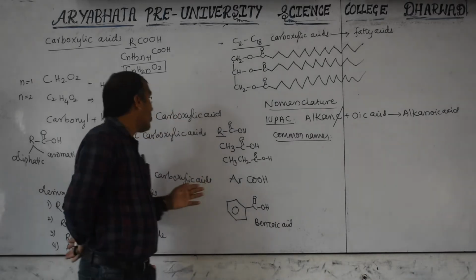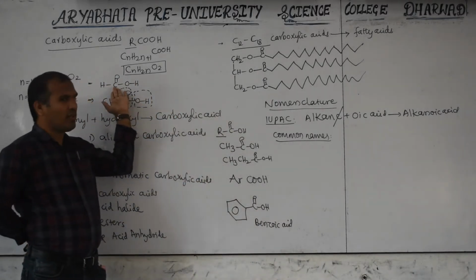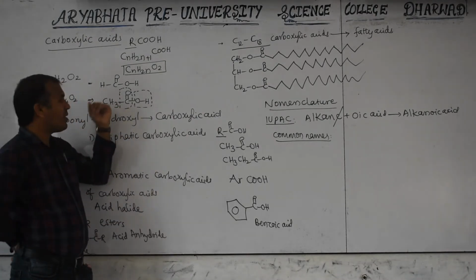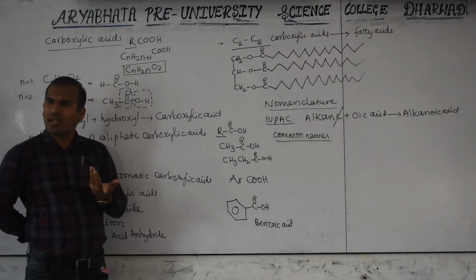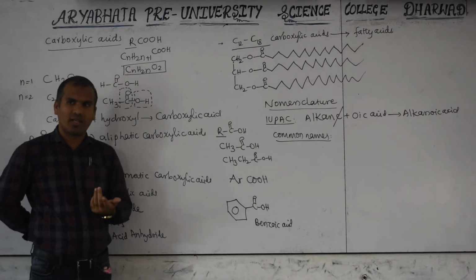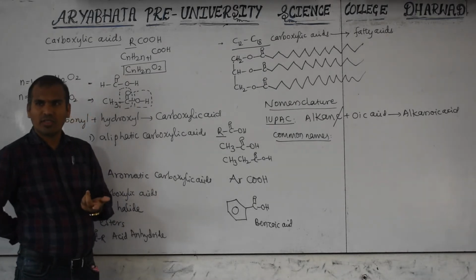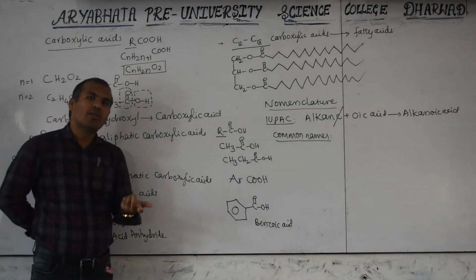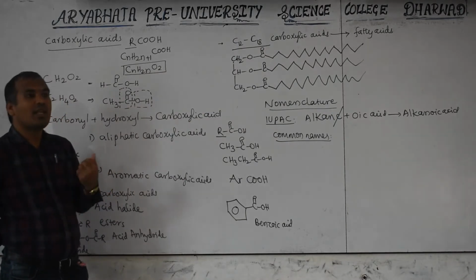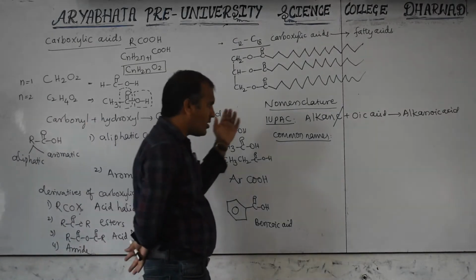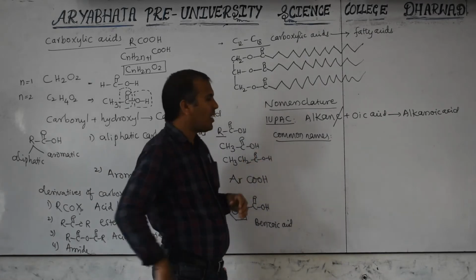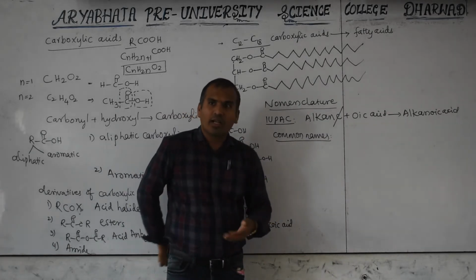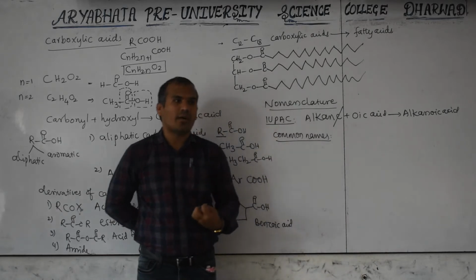In many cases, you know this is formic acid. Very rarely do we use its IUPAC name. What is the IUPAC name of formic acid? Methanoic acid. Very rarely used. From first year also you are learning this IUPAC name, but anywhere you use it, it's methanoic acid. Formic acid word is used, acetic acid word is used, ethanoic acid maybe used, but only in very rare conditions. That's why in this chapter you have to focus on common names. Clear? So common names are generally derived from its nature or from its source, from where it is obtained.